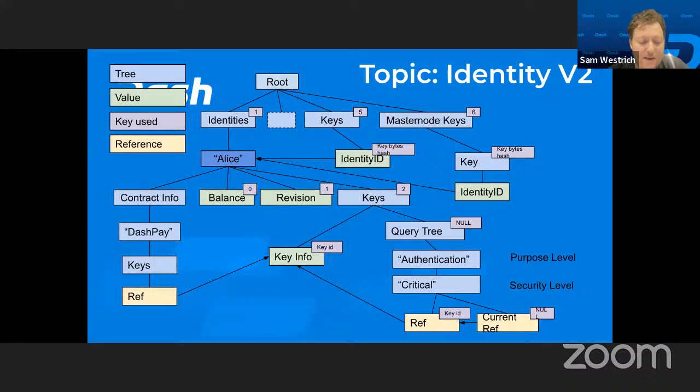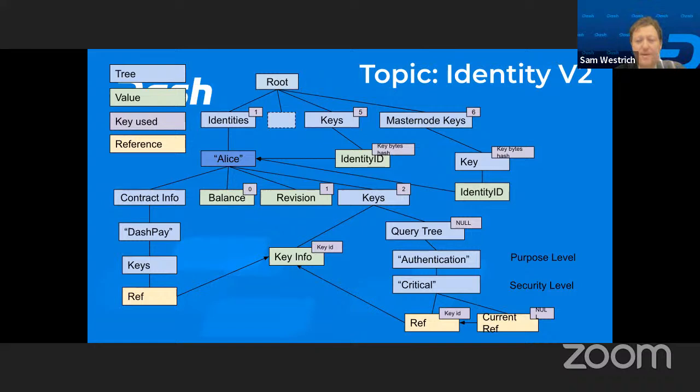Currently, when we change the balance of an identity, we have to take the whole identity, deserialize all the data, change the balance, and then reserialize all the data. This is actually a pretty costly and expensive operation. Also, when you want to get information for an identity, we have to get all the information for an identity, including all the keys that identity has. If the identity were to have 1,000 keys, you'd have to get back all 1,000 keys for every identity that you're getting. This is kind of expensive for the network.